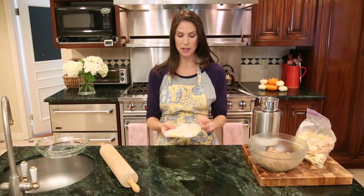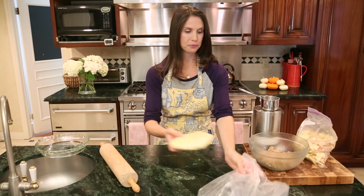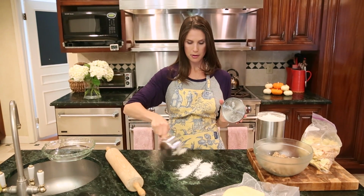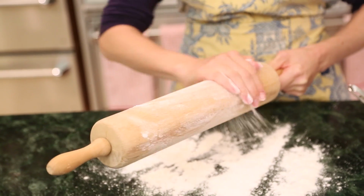All right, so now we are actually ready to assemble our pie. All right, so my crust is out of the fridge, and here's the tricky part. This is the part that gives my mother a nervous breakdown. So what I need is a very clean work surface. And to that, I'm gonna add a little bit of flour so that the dough doesn't stick to my surface. And then I'm gonna take a little bit more flour and rub it on